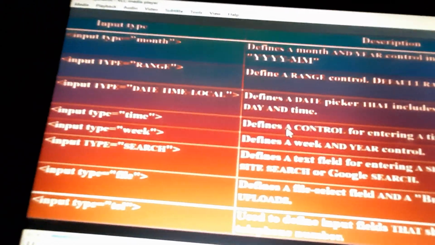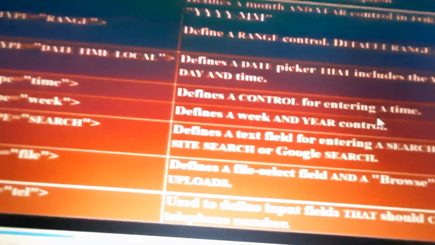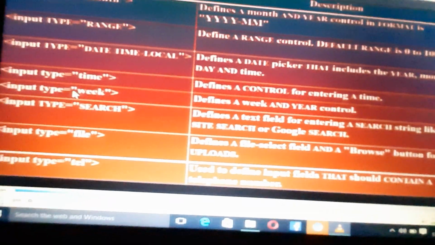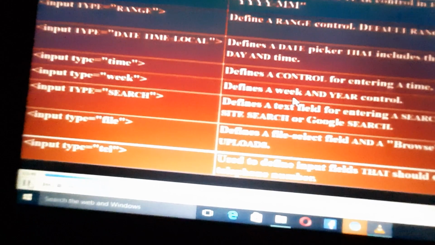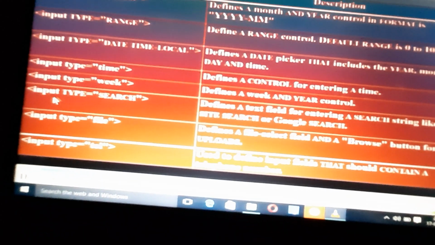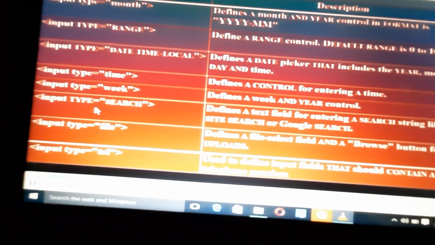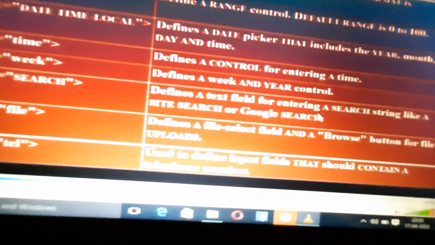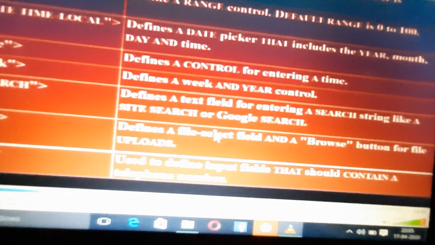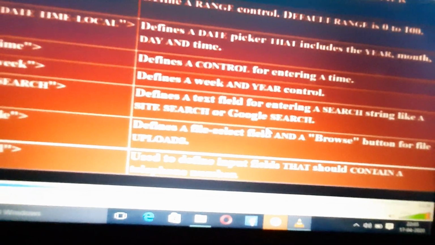Next attribute is input type is equal to time, which defines the control for entering a time. Next is input type is equal to week, which defines the week and year control. Next is input type is equal to search, which defines a text field for entering a search string like a site search or Google search.